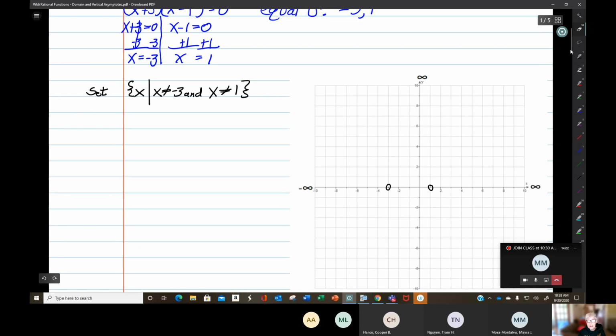Okay, now interval notation is a whole lot more interesting because all of these numbers are okay, and all of these numbers are okay, and all of these numbers are okay. So all I have to do basically is draw that. That's -3 on the x-axis right here, and this is +1 on the x-axis. So to do that, interval notation,